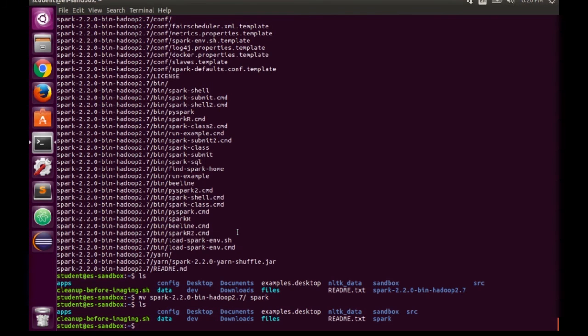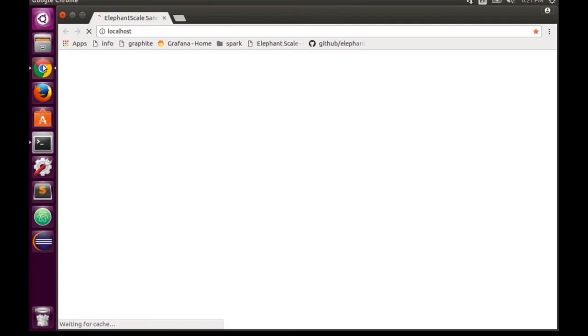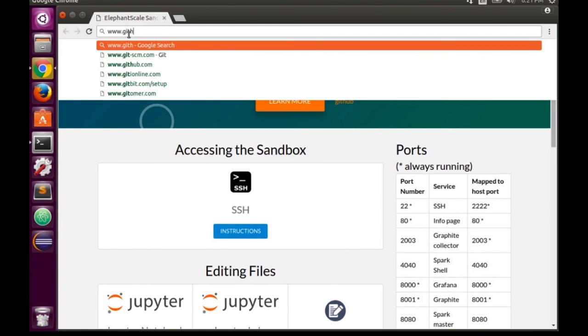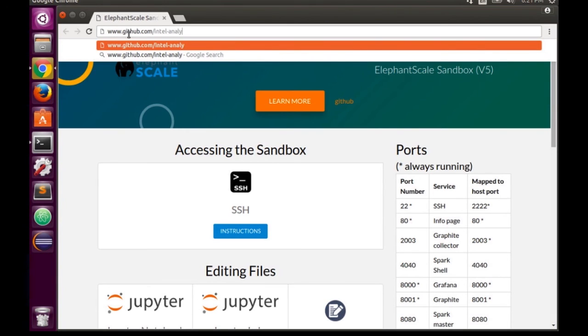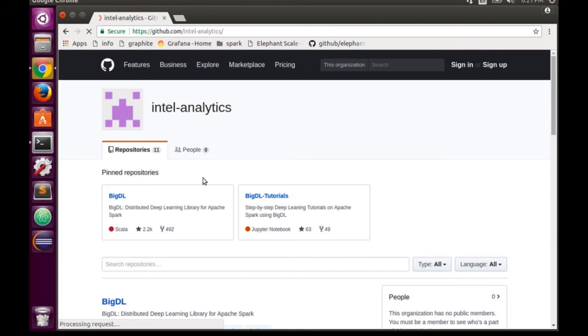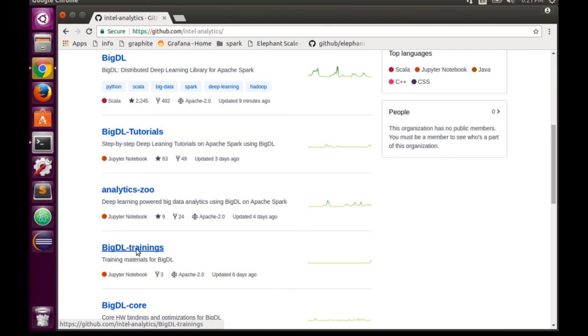What I'm going to do with the Sandbox is now go ahead and clone the repo for BigDL, our tutorials. So I'm going to open up a window here, and we will go to github.com/IntelAnalytics. And we want the BigDL training. So let's just get that here.